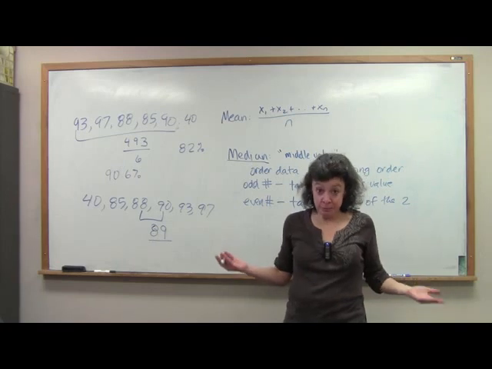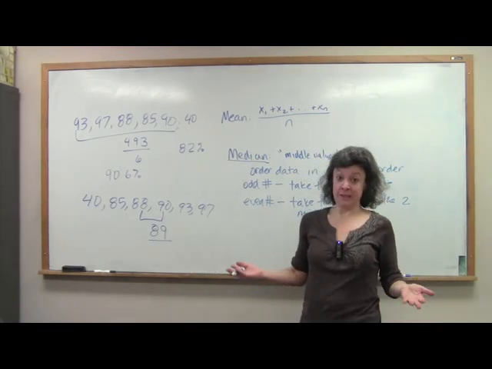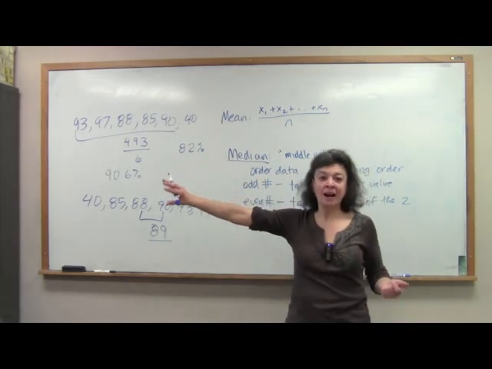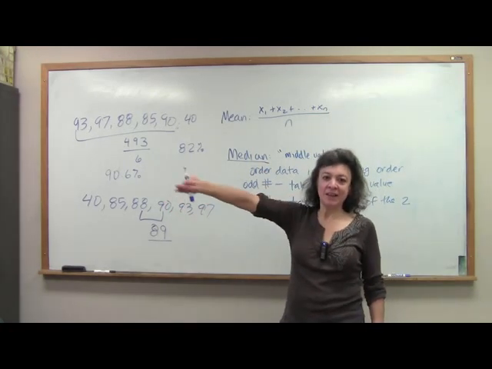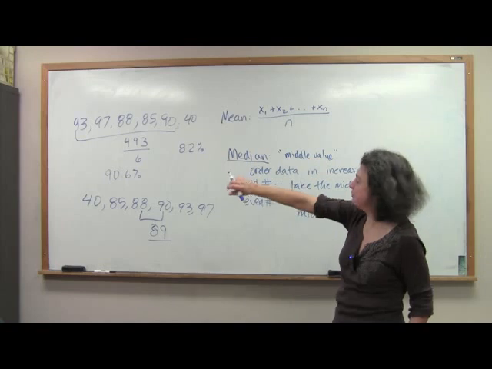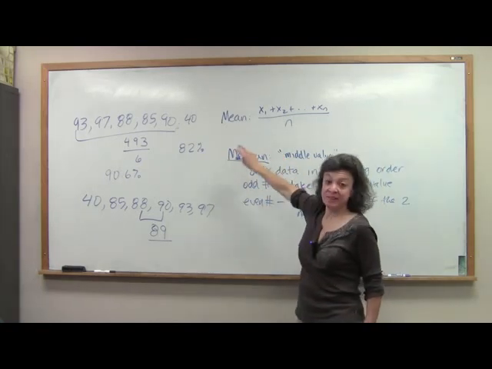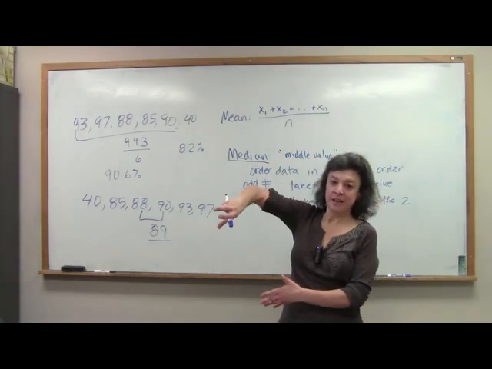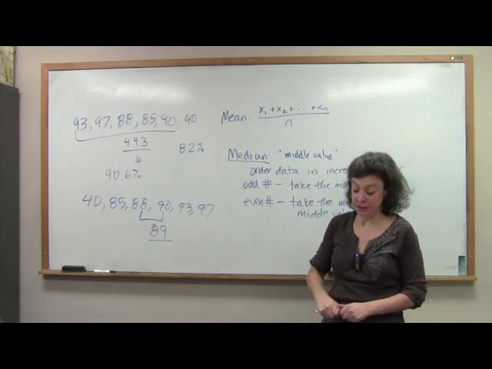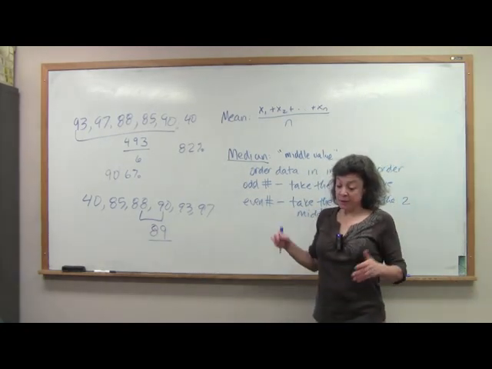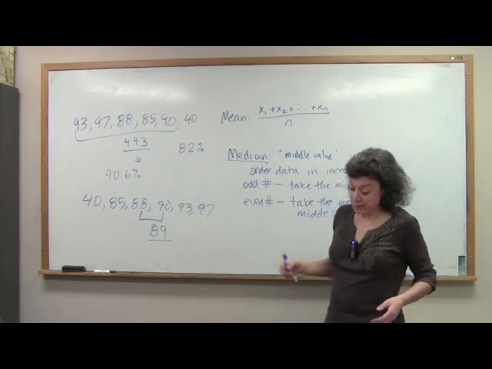Well, most people in a town could be impoverished, but then you have somebody who has a ton of money. That's going to definitely be an outlier. And so if you took the mean, that would definitely skew what the reality of that town actually is. So those are very important